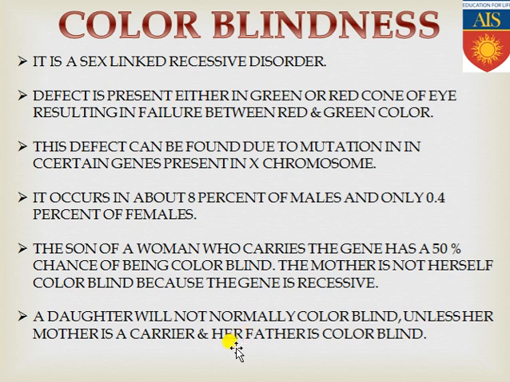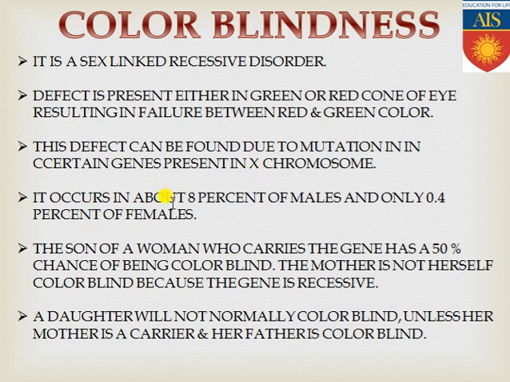But in case of that mother, one X chromosome may be containing that colorblind gene, but another X chromosome is wild type. So for that reason, mother will be carrier. Okay, so I think the color blindness concept is very much clear, and how the genes are getting transmitted and carrying the color blind gene to the next generation, and how the next generation offsprings are also getting affected by this color blindness, I think we have understood.